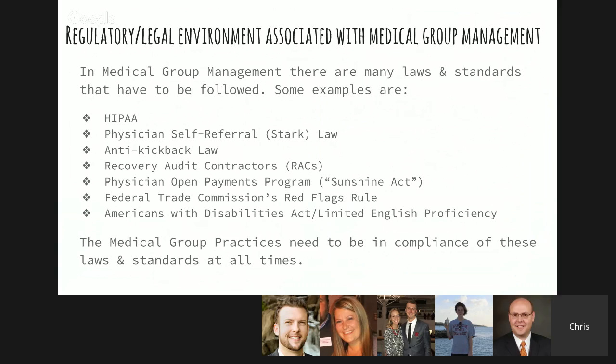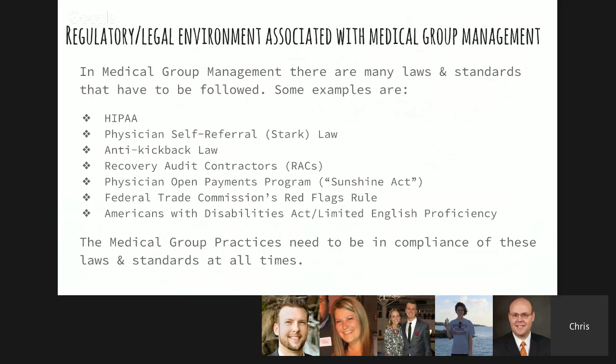So there's quite a few regulations and laws that are associated with anything in the medical field. And we've learned about quite a few of these, so I'll just quickly go over the first three. We know about HIPAA. It basically protects patient information, makes it easier for people to keep health insurance, and controls costs. Stark Laws is the one that deals with physician referrals. It prohibits a physician from referring patients with designated health plans to a facility that same physician has a financial relationship with.